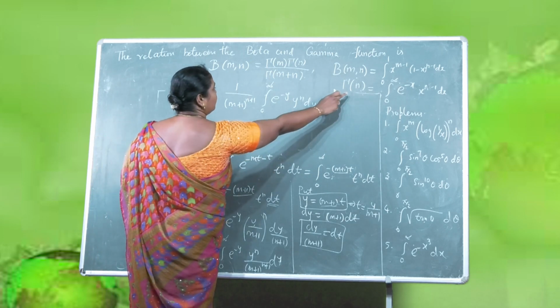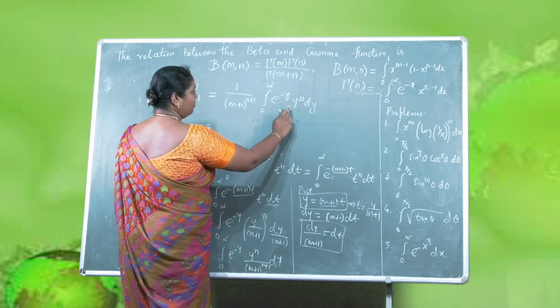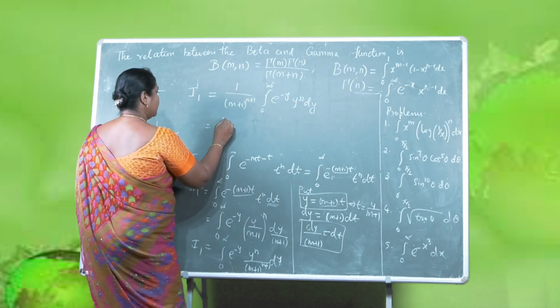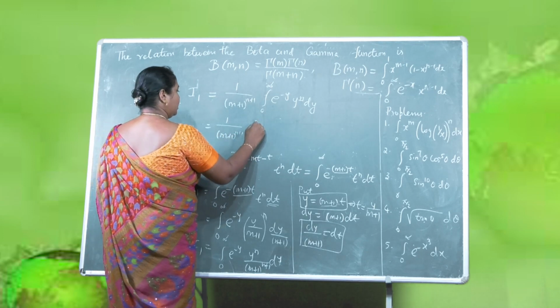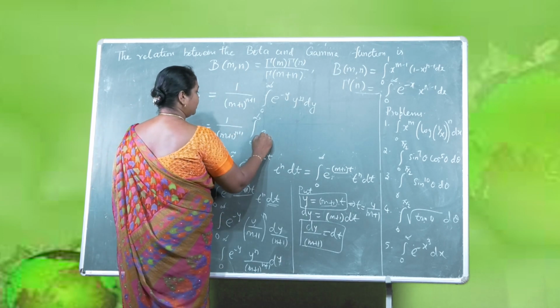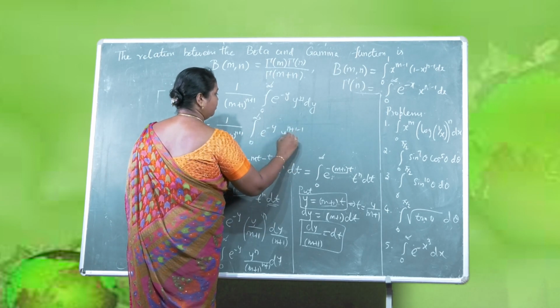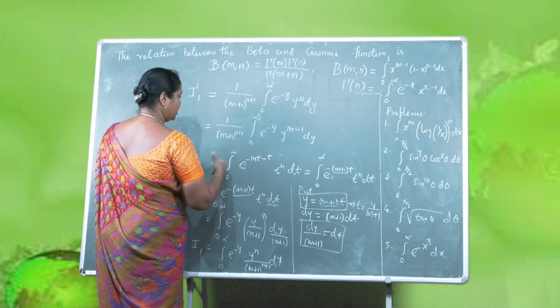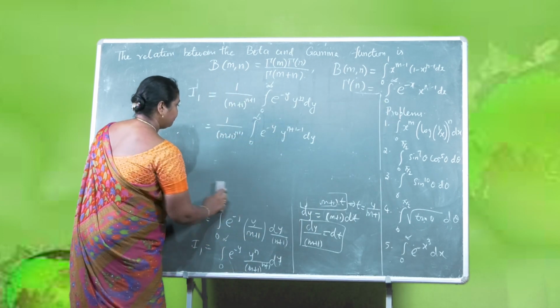So if you compare this with the gamma function, you can observe that the power of y, the variable power, will be n minus 1, here n. So for that I am going to do a little calculation. What is that? I think you may have guessed. We have to add and subtract 1 in the power of y. So there is no change because 1 minus 1 is 0. Anything plus 0 is the same number. Okay. So now